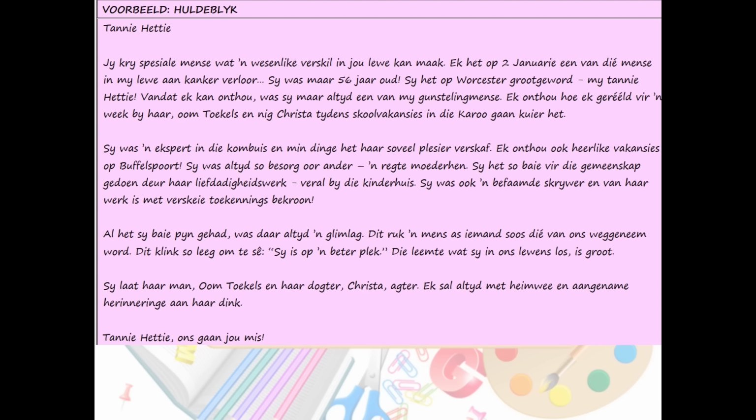So what is important here? The name at the top, details about the person in the first paragraph, but you do it nicely. You don't just mention that she was 59 and she died of cancer. You talk nicely about it, put it in a nice paragraph. What do you remember about the person? So nice fond memories, short and sweet, don't go on too long. And then finally, who does she leave behind? Those are the things you need to focus on for your